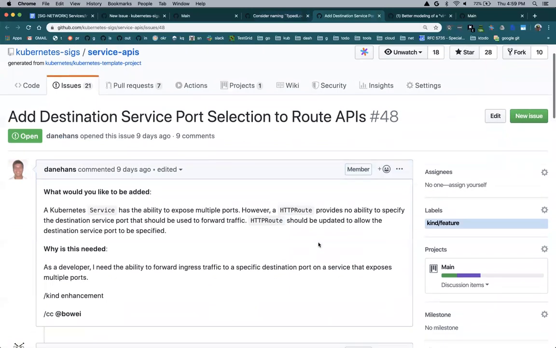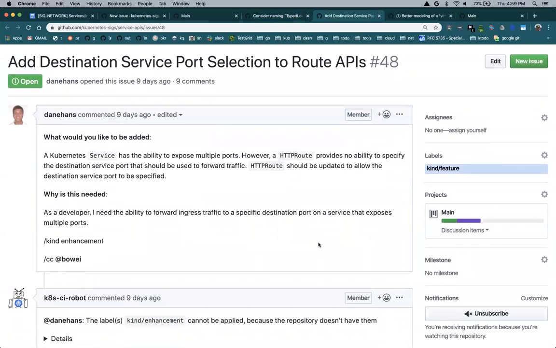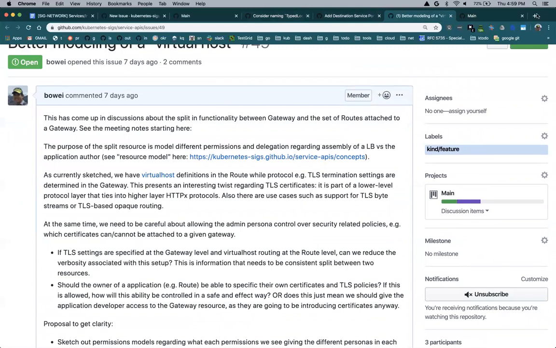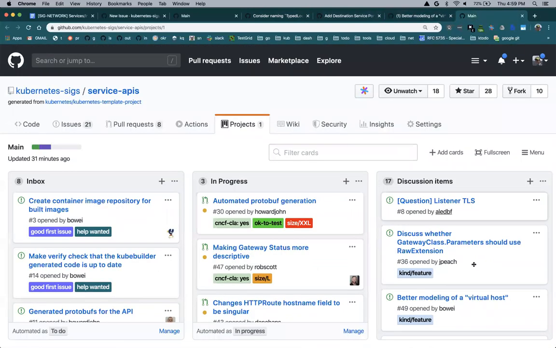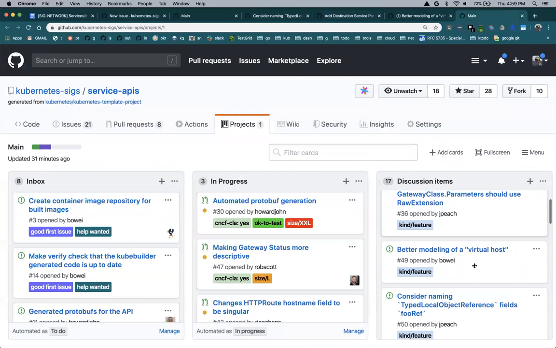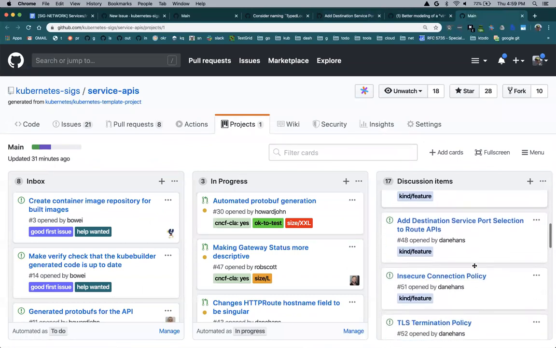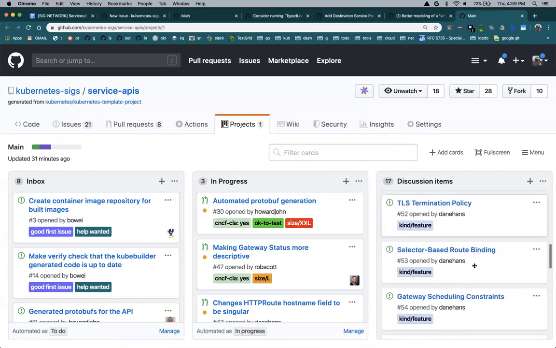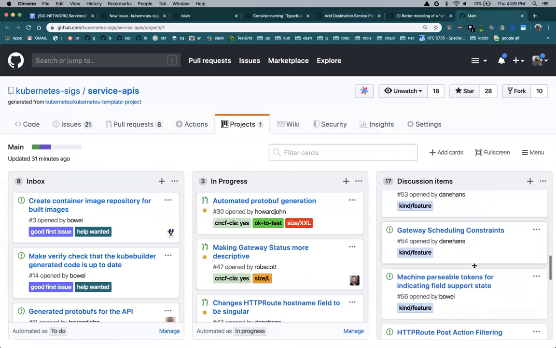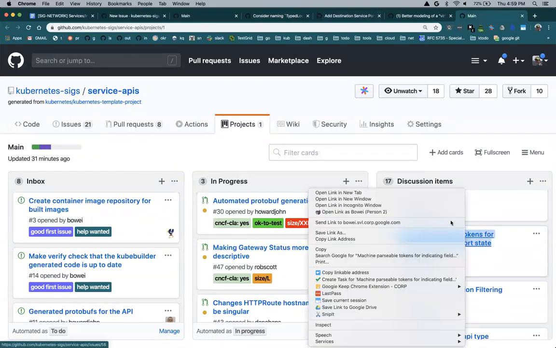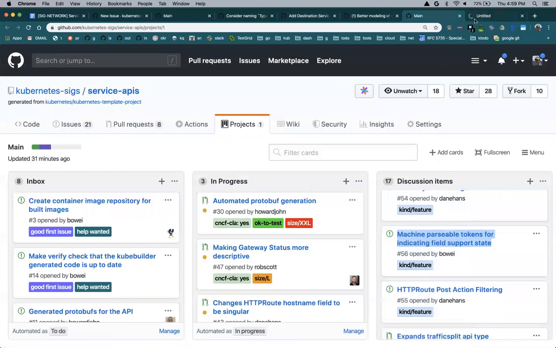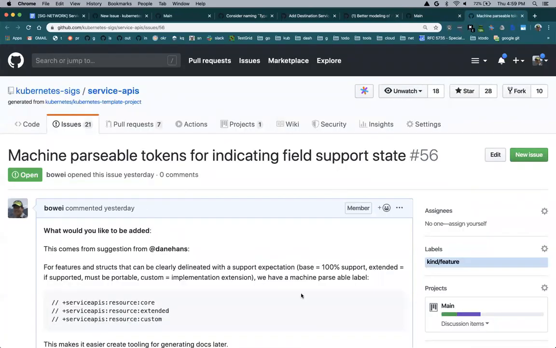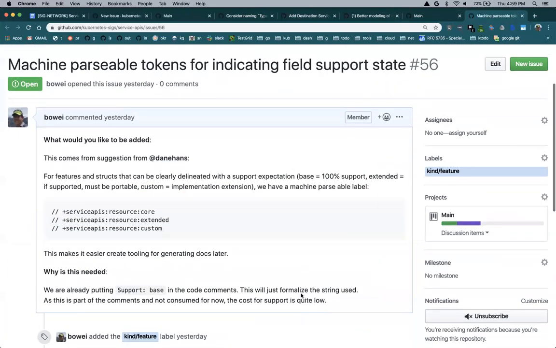So here's another one. Oh wait, this is on the route APIs. Let's go back. Scheduling constraints, machine parsable. Oh okay, here's another that we can take care of real fast. This one, just for FYI, is to make the supported annotations actual annotations.